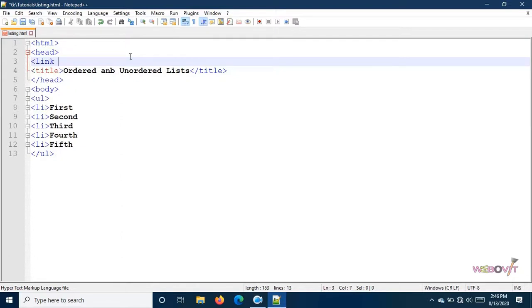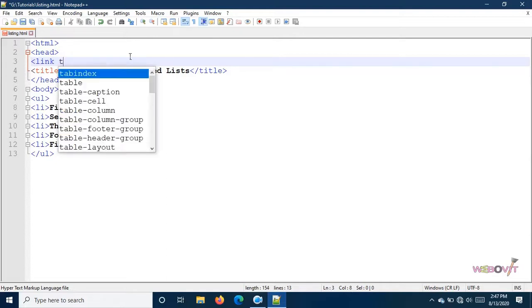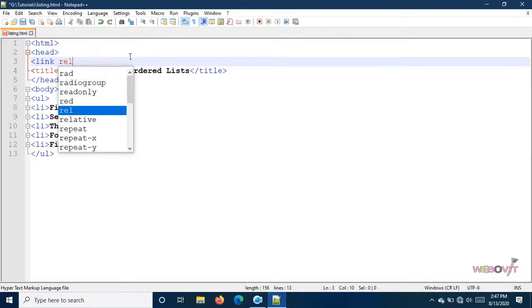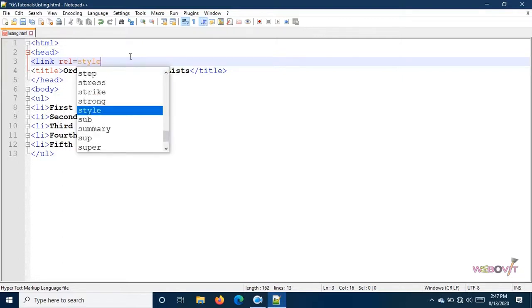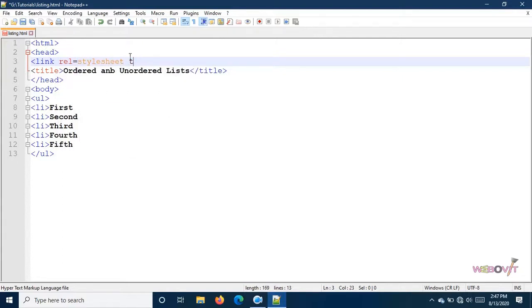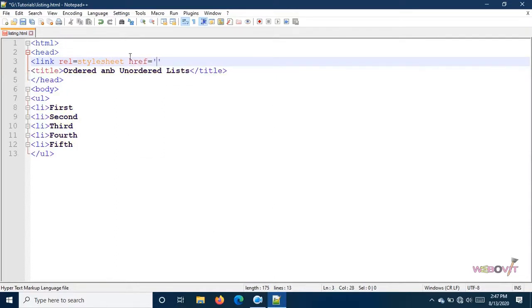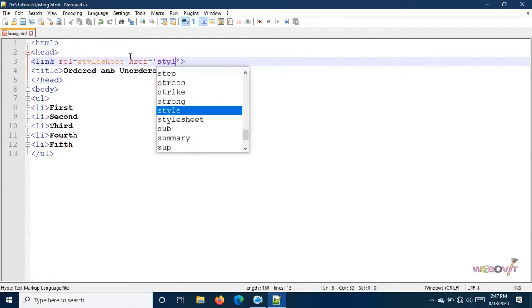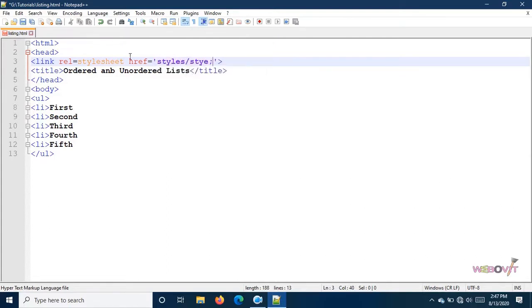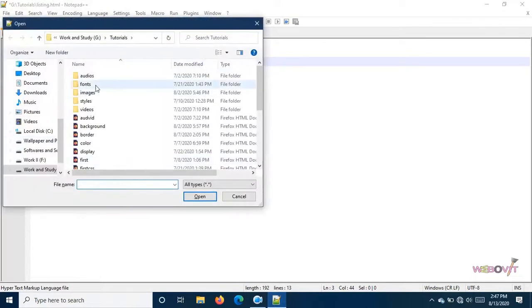We are discussing the same topic again and again in our previous tutorials as well, so it's a good option to link all the styles to an external file. rel equal to stylesheet and href equal to styles/style.css.